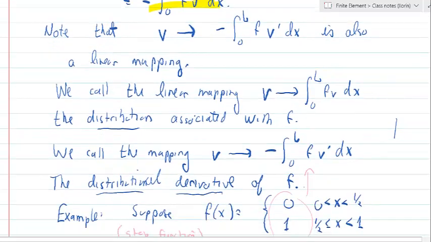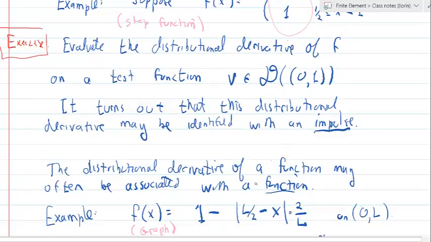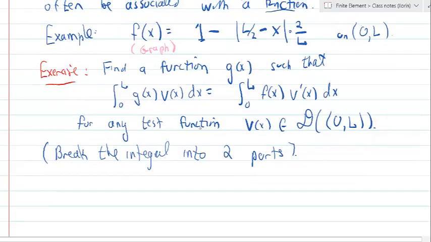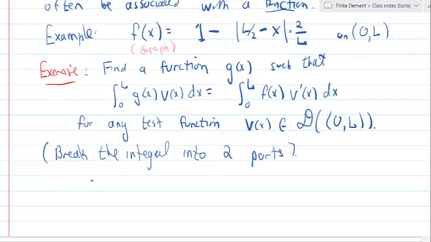Now, the distributional derivative of a function is often associated with another function. So this gives us an extended definition of derivative that is more general than the usual derivative. So the important point here is the distributional derivative